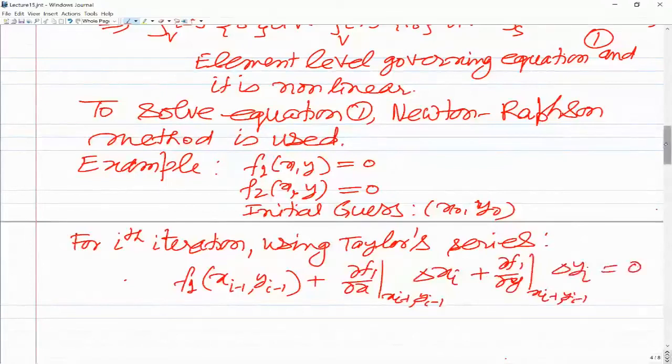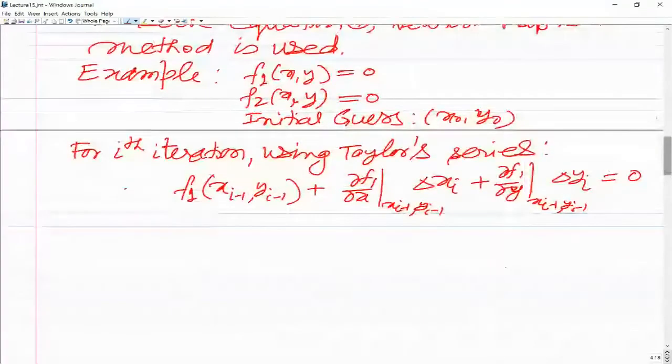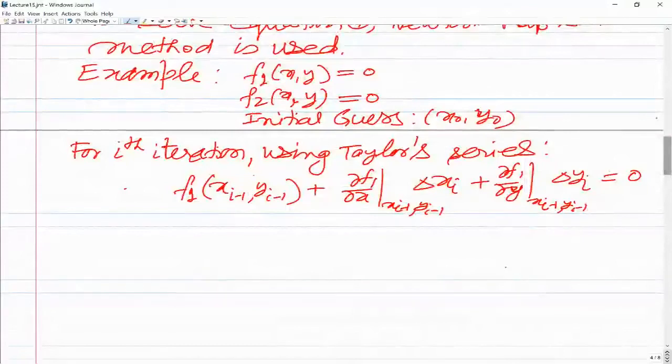It's actually approximately equal to 0, but I am writing just equal to 0. So this is the first equation using Taylor series, retaining the first term and the second set of terms. We are writing this equation, f1(x, y) equal to 0, like this. Now the expansion is about x_{i-1}, y_{i-1}. And similarly, the second equation f2 is evaluated at x_{i-1}, y_{i-1}